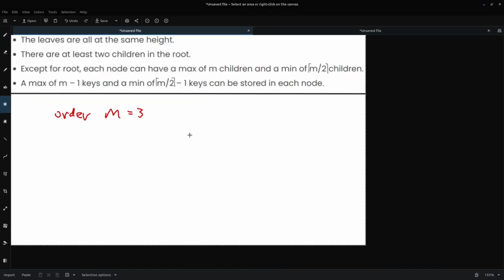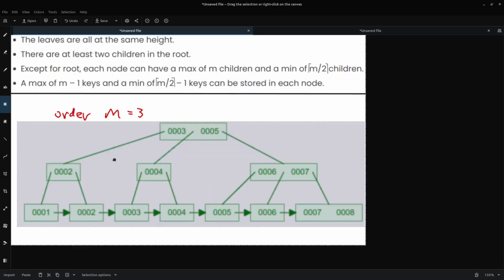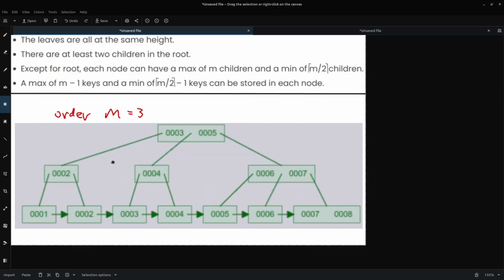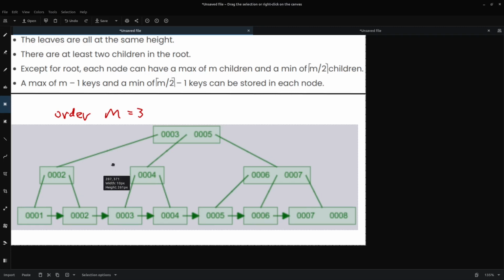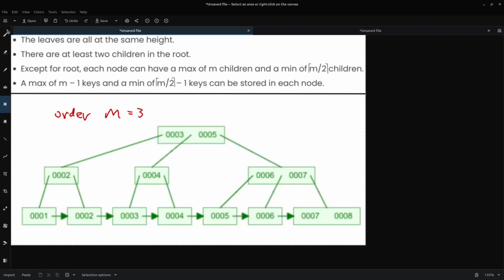Okay, so I'm actually just going to copy this over. And the Linux version of Paint is pretty janky, but it works, I guess. So anyway, you would see except for the root, each node can have a maximum of m children and a minimum of ceiling division m divided by 2 children. So if we look at this, here we have a minimum of 2 children in this case, because ceiling 3 divided by 2, ceiling division, whatever it's called, we got